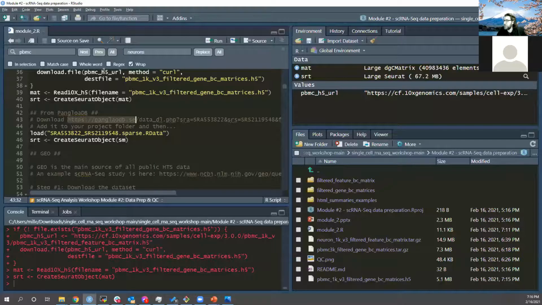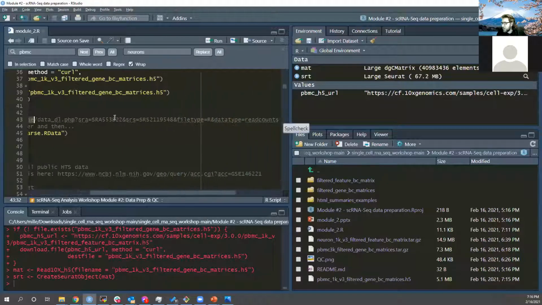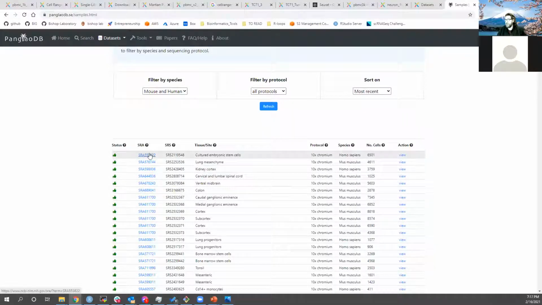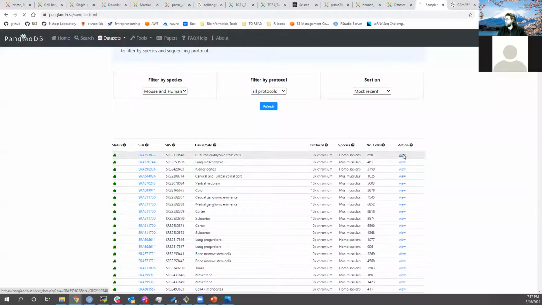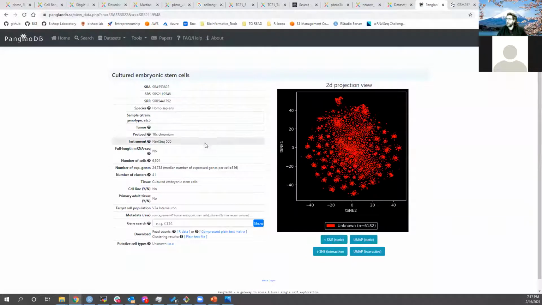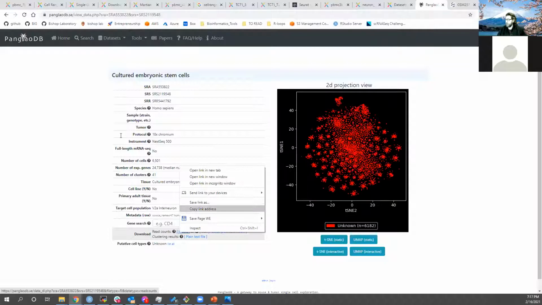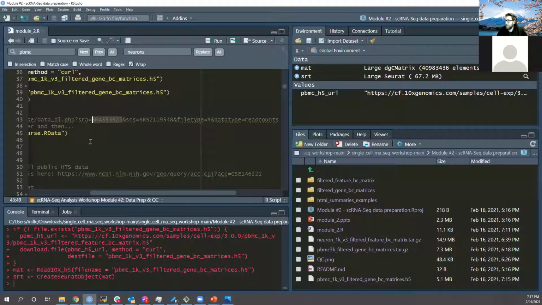I think I chose, for this one, 553822. Okay, so that's this very first one. Whoops, that's not what I meant to do. View. And so you can see the data page for it. But what we really want is the read counts in the RData format. Okay, so you can actually just right click on this. You can,